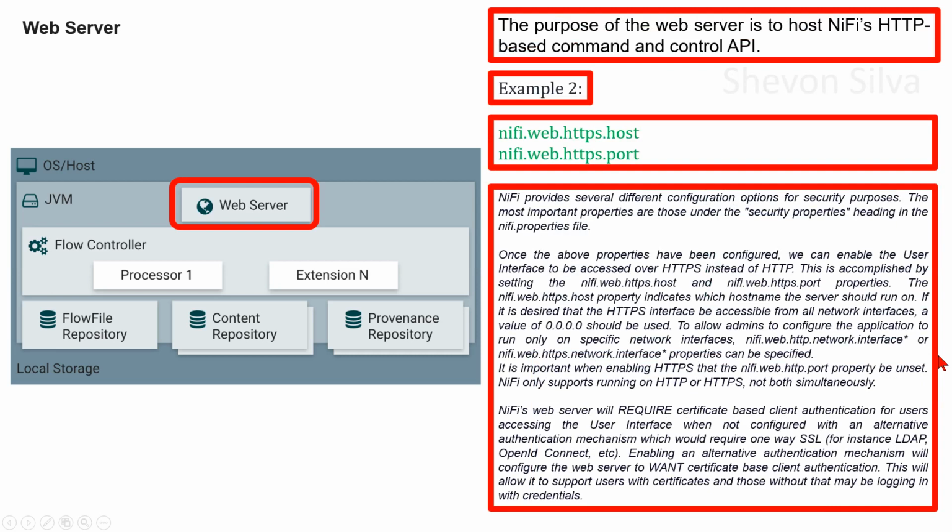As an example, too, we can consider this. NiFi provides several different configuration options for security purposes. The most important properties are those under the security properties heading in the nifi.properties file. Once the above properties have been configured, we can enable the user interface to be accessed over HTTPS instead of HTTP. This is accomplished by setting the